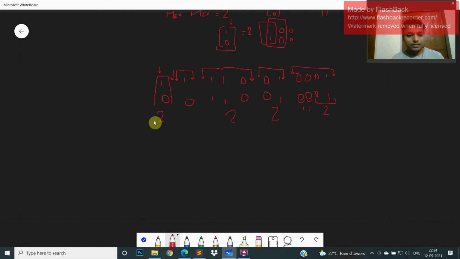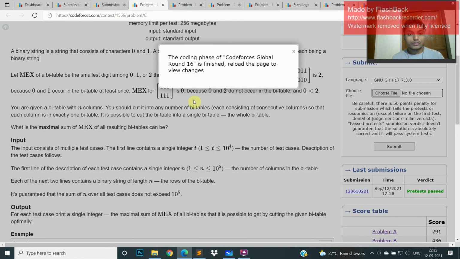We are just doing these types of operations. That's it. We just keep a count of 0, which stores how many times we encounter 0 0, and another count for 1 1, which stores how many times we encounter 1 1.